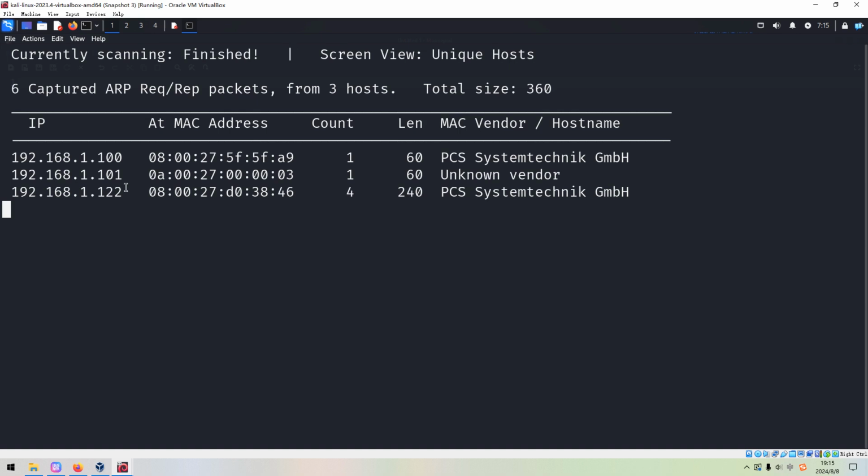As you can see over here, the IP address of the target could be recognized as 122. So what are we going to do next? We need to do the port and service scanning with Nmap. To save time in this video, I've already completed it before, so for now we just get out its result.